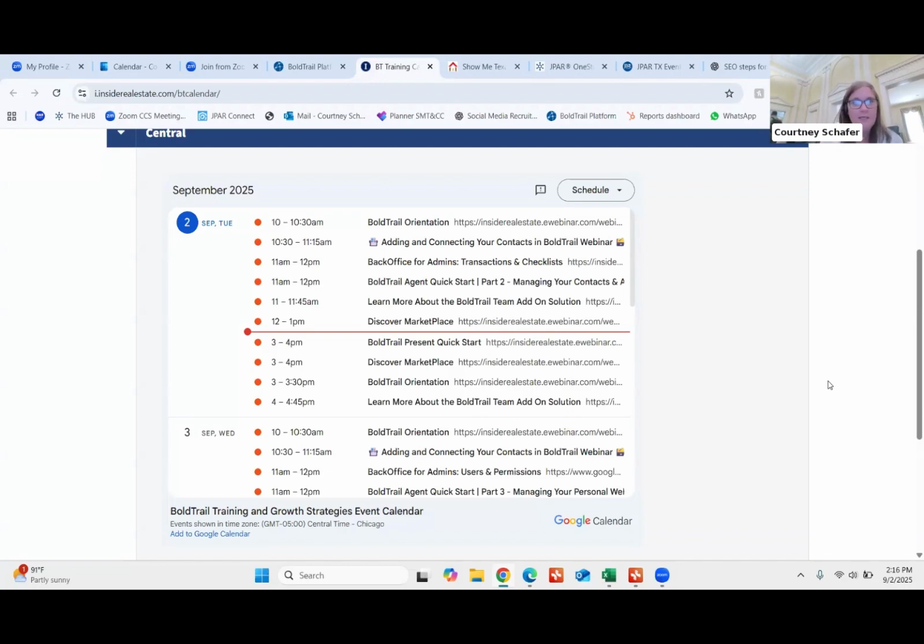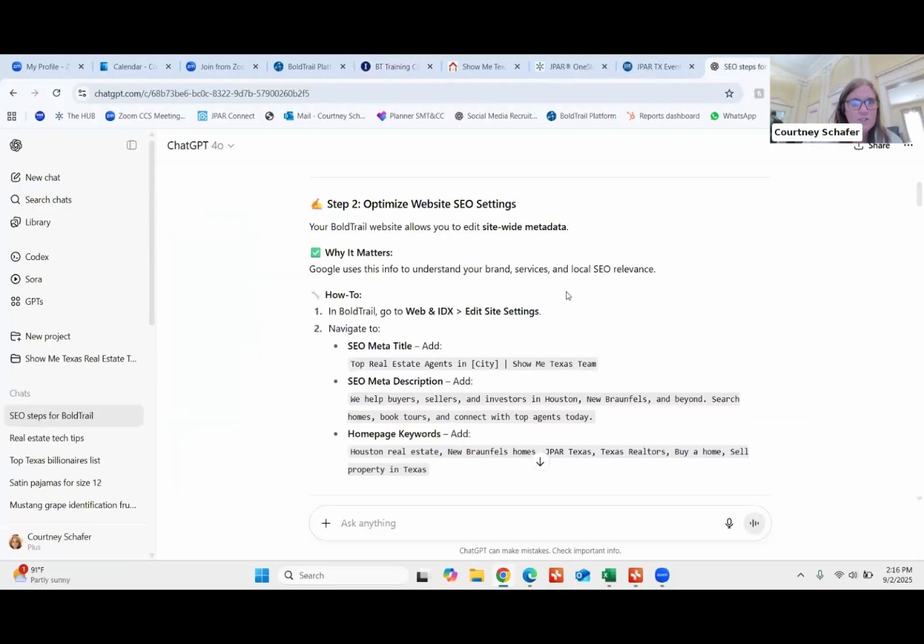If you do a squeeze page, by the third or fourth picture, it's squeezing them to put their information in, especially on Facebook. So you really need to figure out how you're bringing in these sources and how you're promoting your website. But I am going to go back to the ChatGPT, and right here, I'm going to show you